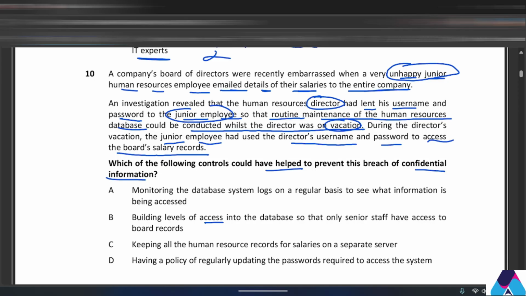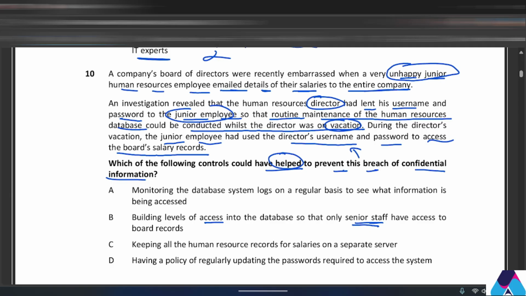Now I know that while you are reading this option with me, you might be thinking that this is correct because yes, the access should be limited only to the senior staff, right? But let me tell you why this is wrong here. In this particular scenario, they are asking what could have helped to prevent this breach, right? Now, in part number B, they're saying that the access should have been limited to the senior staff, right? This is actually wrong here because